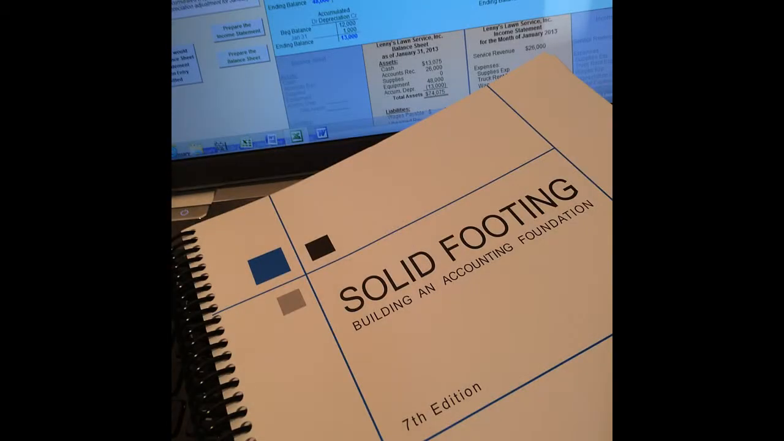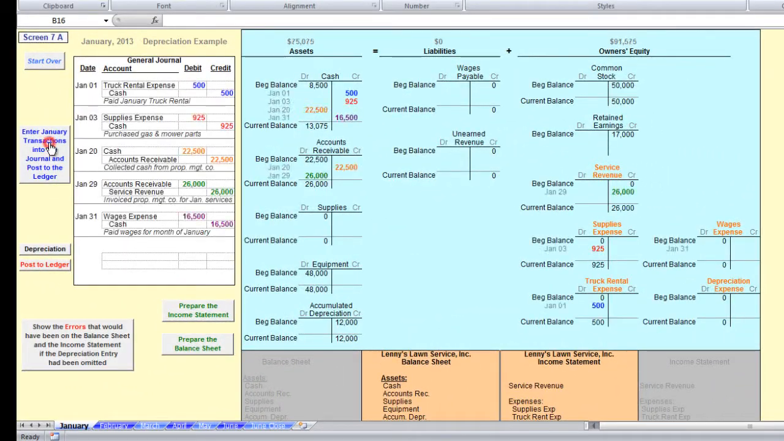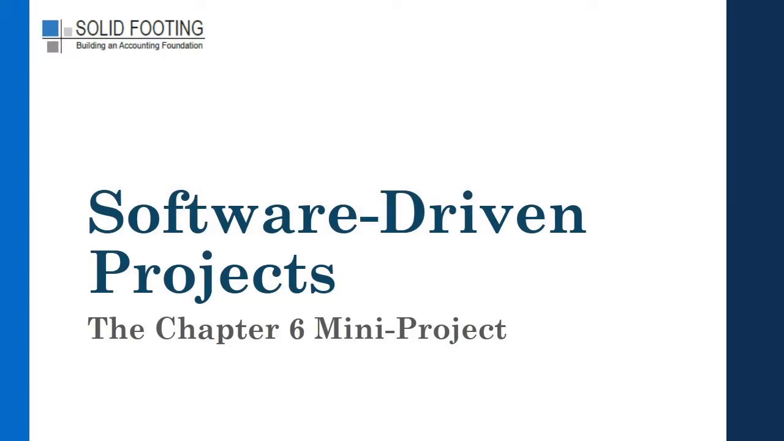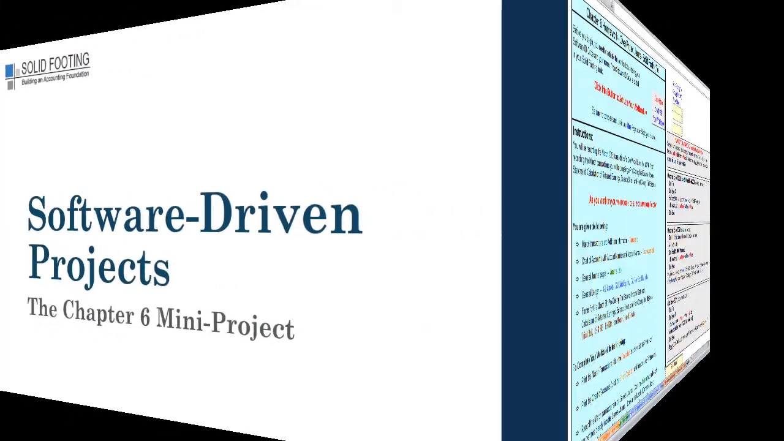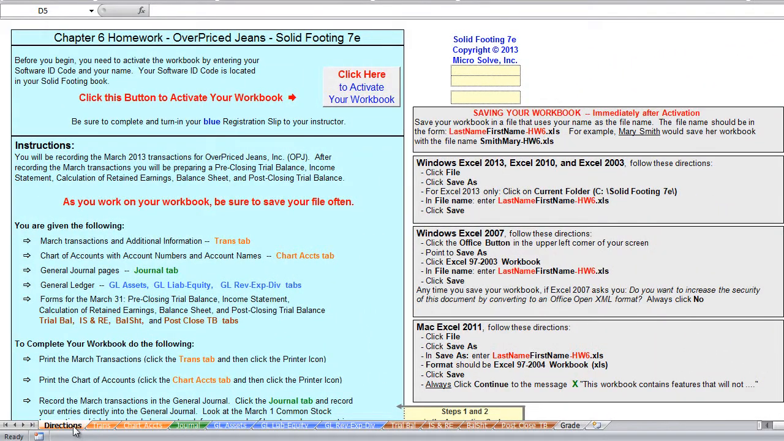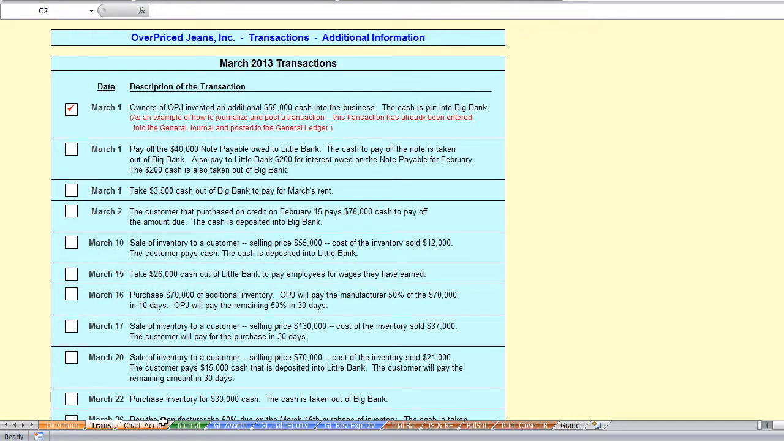Solid Footing consists of a 250-page textbook combined with extensive interactive teaching software. This combination creates a dynamic learning environment for students. Solid Footing also includes 2 software-driven projects. The first project is a mini project designed to test all of the topics learned during the first 6 chapters